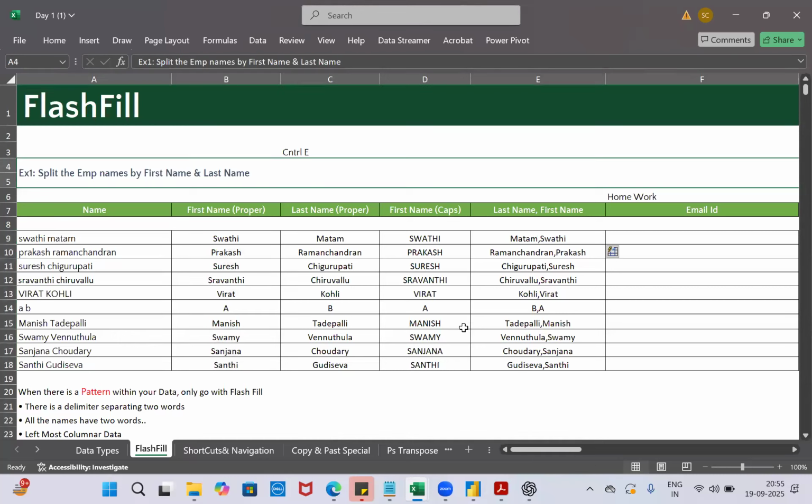Correct. Now, before I explain about this email ID and pattern, I'm giving you time. Go and do these four columns and let me know you're done. If you're not able to do it, share your screen and I'm going to guide you. This is the pattern I'm going to follow throughout the sessions. Please go ahead and do this, everyone. What is it? Type the name, say Control E. Please do these four columns.